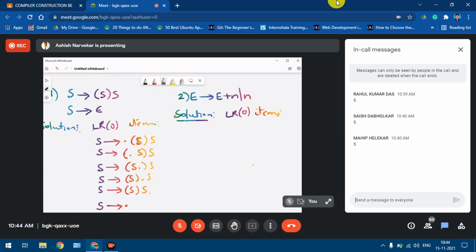Can you quickly tell me what it is? One by one, you can start typing.